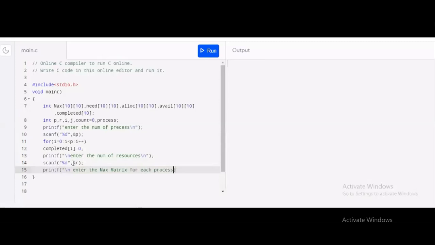For this, I will use the for loop with variable I. For I is equal to 0, I is less than p, p is the total number of the process, and I plus plus.